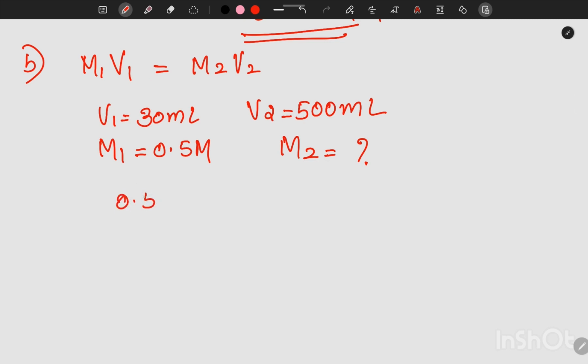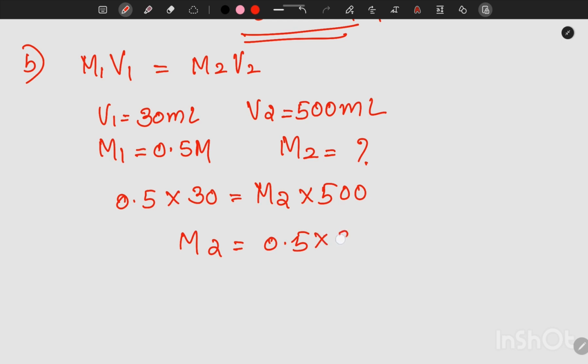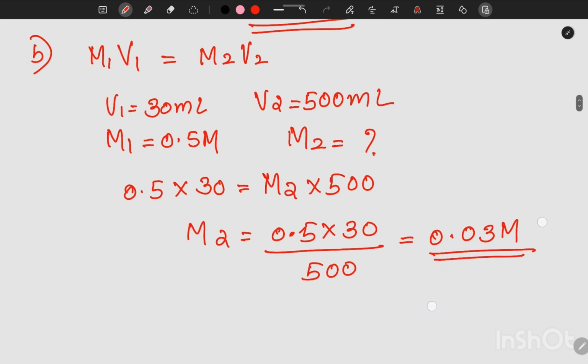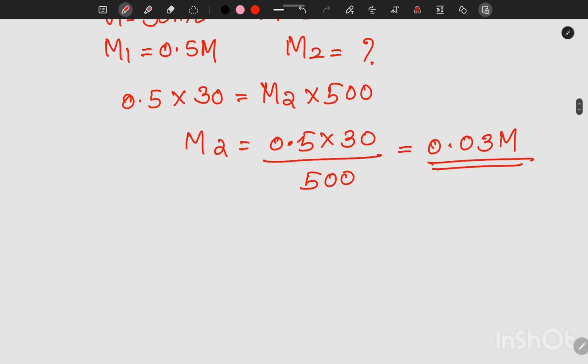So 0.5 into 30 is equal to M2 into 500. Therefore M2 is equal to 0.5 into 30 divided by 500. So when you simplify, you will get 0.03 molar. The same question, suppose you don't know the formula M1V1 equal to M2V2, you can use the other molarity formula itself,